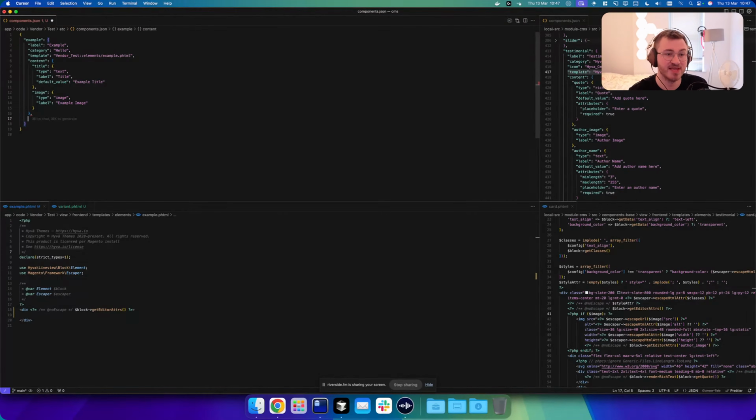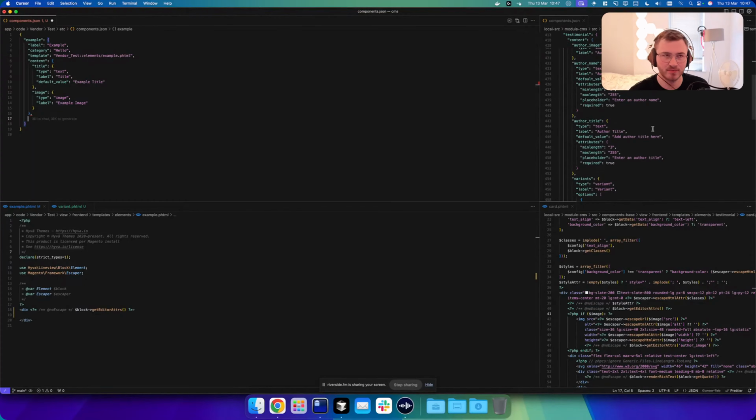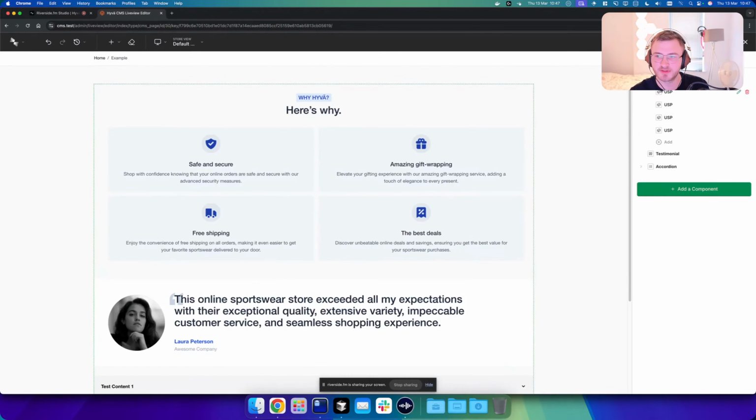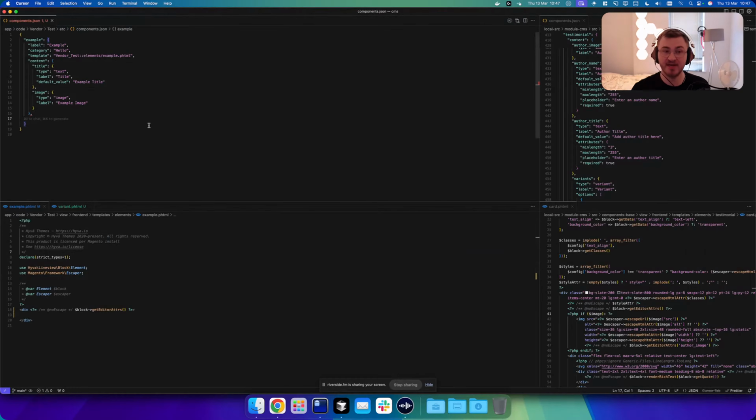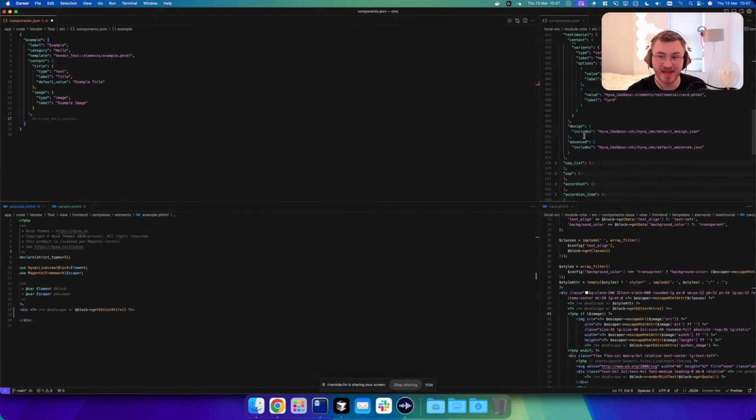So from this next point, we can see in the editor that we've got these tabs here, like design and advanced. By default, they're empty. You can add things that are specialized for design, or things which are specialized for advanced. However, we've built a little bit of extra functionality in here called includes.